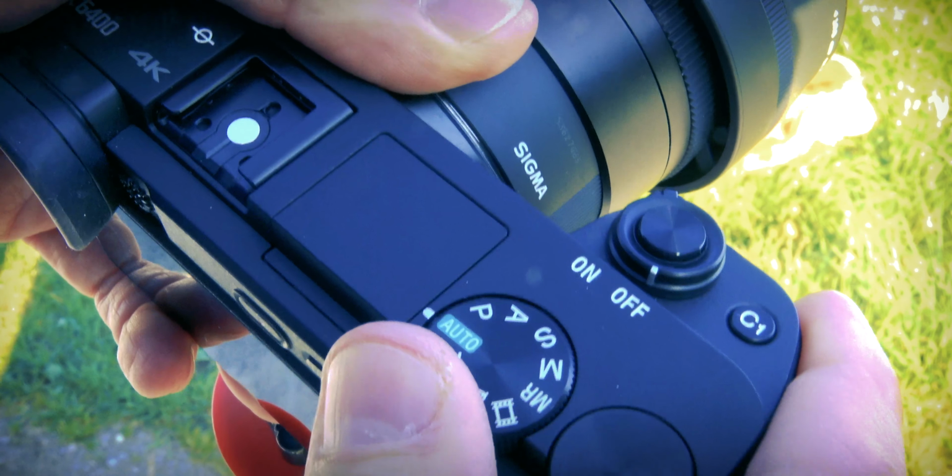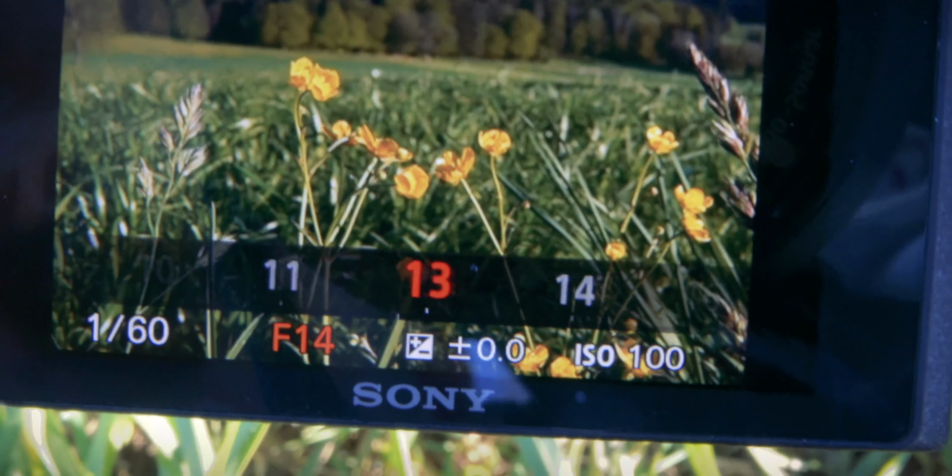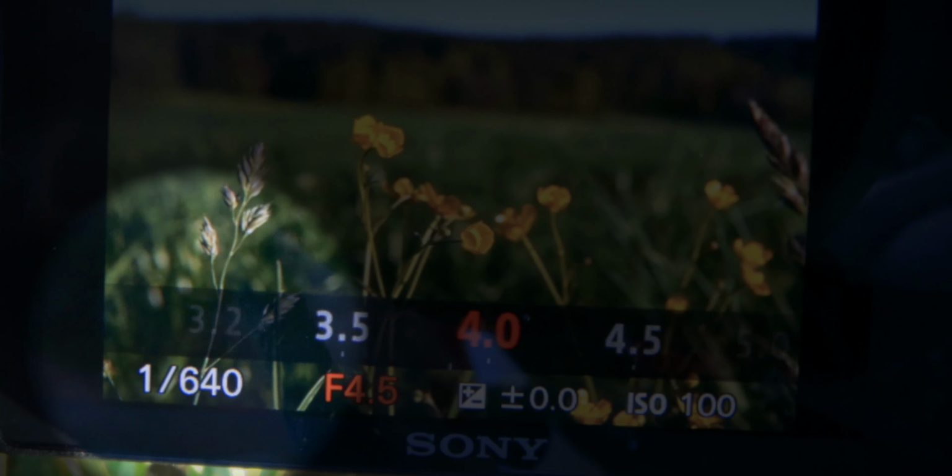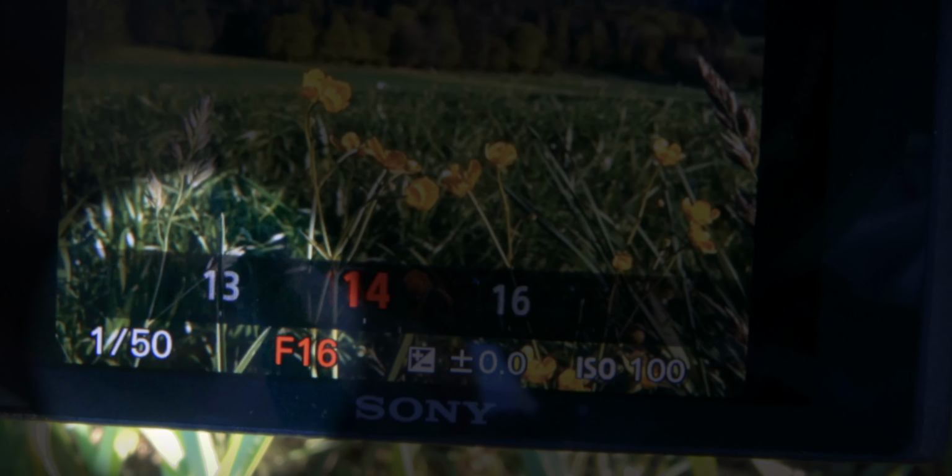Well, simply put, we just change our aperture. We set it to 11, 14, 22. What this tells the lens or the camera to do is close the diaphragm as much as possible so that less light comes through and everything becomes more focused. The camera in aperture priority mode will also choose a shutter speed to match the amount of light coming through. As you play with your aperture, less light will be coming through the lens, which will probably mean a slower shutter speed. So you definitely want your camera mounted on a tripod so you don't get any shake on your photo or video.